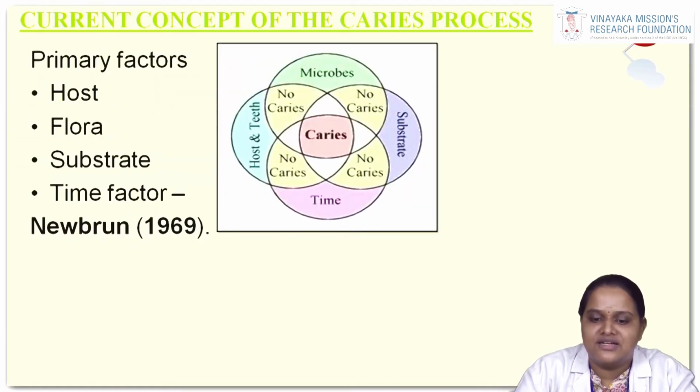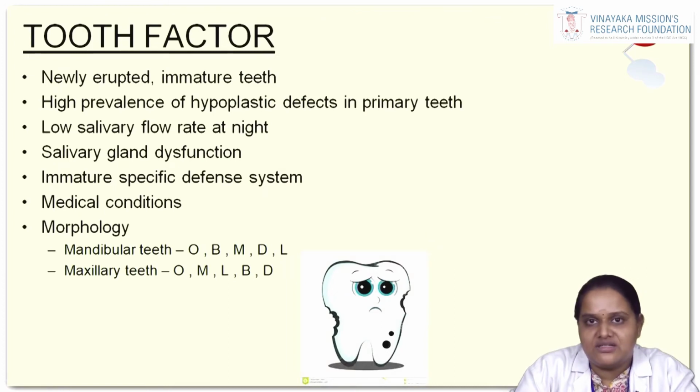So, this is the current concept of the caries process, where the primary factors include host, flora, substrate and time factor, as given by Newbrun in the year 1969. First we will talk about the tooth factor. It's mainly seen in newly erupted immature teeth. There is a high prevalence of caries affecting hypoplastic primary teeth, and